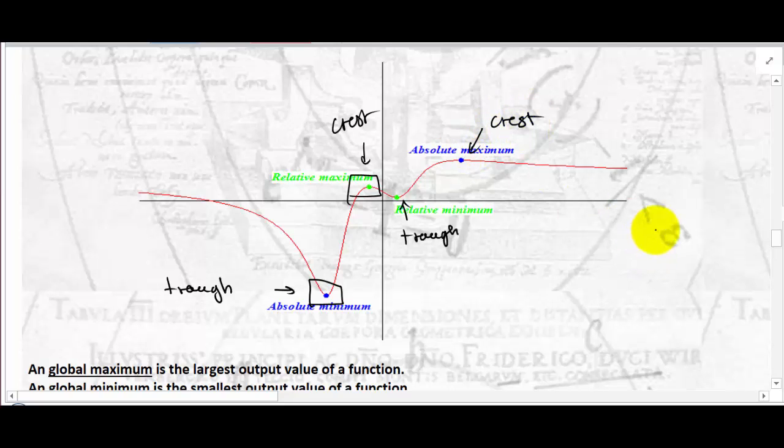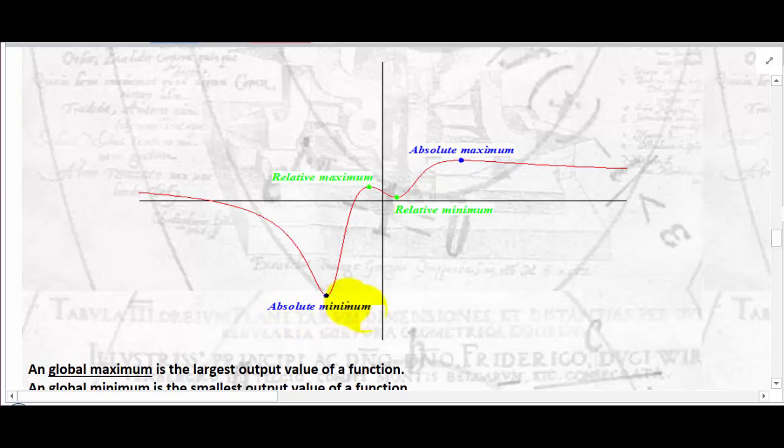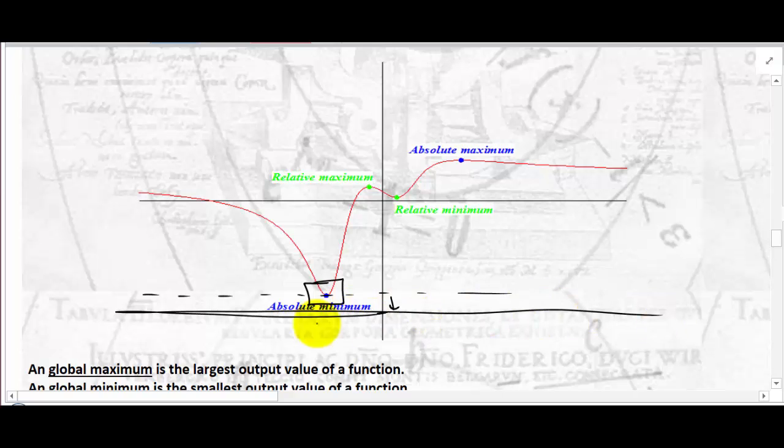Anyway, there's a crest right there, all right? Troughs and crests, okay? So a trough describes a minimum value of the function. At the trough, you're going to have the minimum value of the function, right? And at the crest, you're going to have a maximum value of the function. So this one right here, there's nothing lower. Look, there's nothing lower than this y value, right? Any line right here will not touch the graph, right? This is the lowest line possible. So this y value